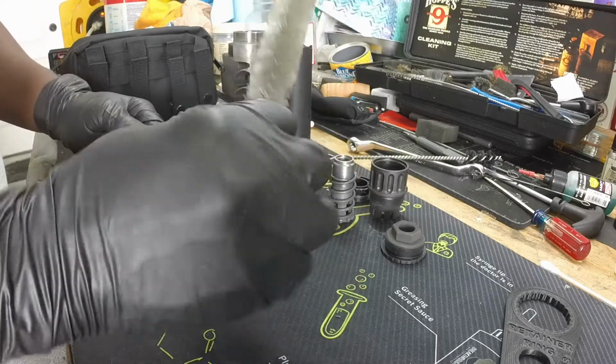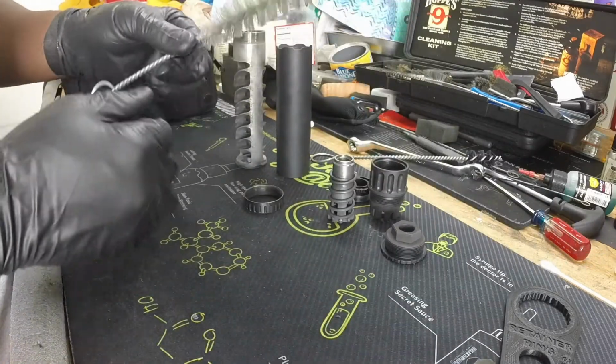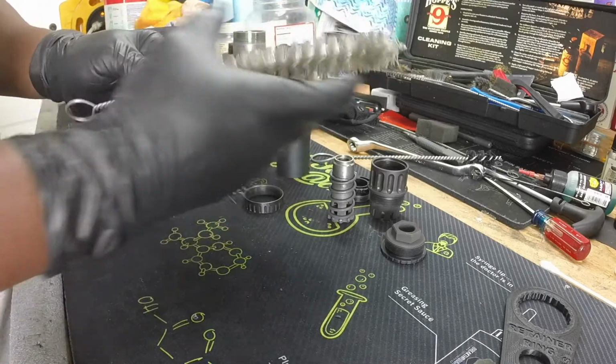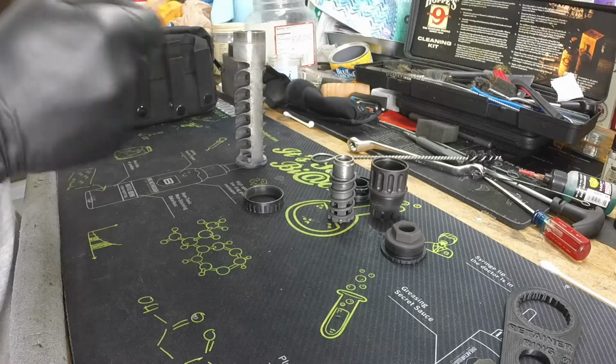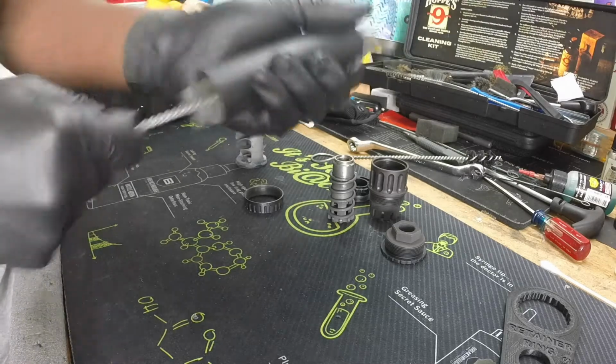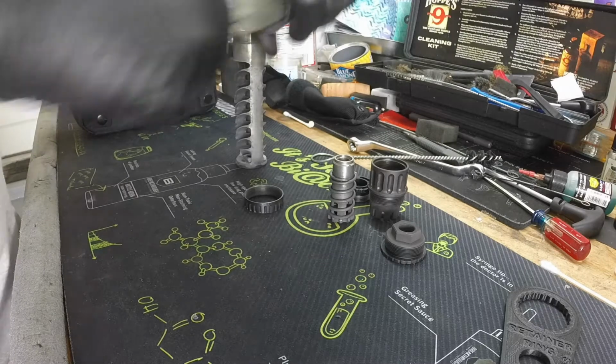So I'm just going to use one of these brushes. This is a cheap brush I bought from either Harbor Freight or a hardware store, a set of large brushes, but I like to use them to clean the interior of the tube just like this. I know it's dry at the moment, so